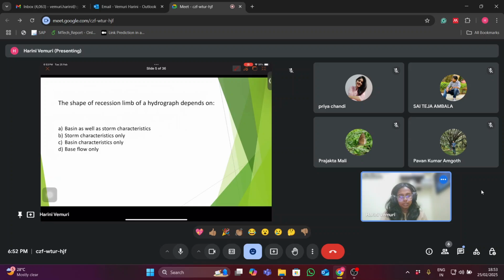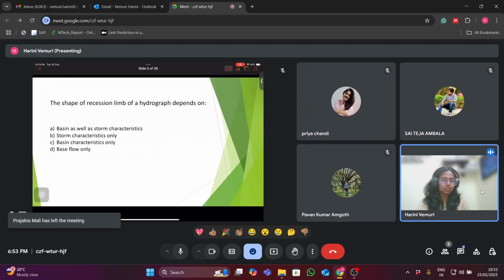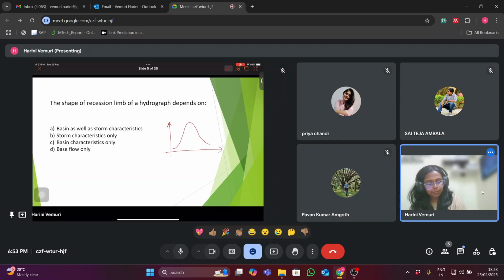So the next question is, the shape of recession limb of a hydrograph depends on option A, basin as well as storm characteristics. Option B, storm characteristics only. Option C, basin characteristics only. Option D, base flow only. So as we have seen, in the case of the hydrograph, the recession limb mainly depends on the basin